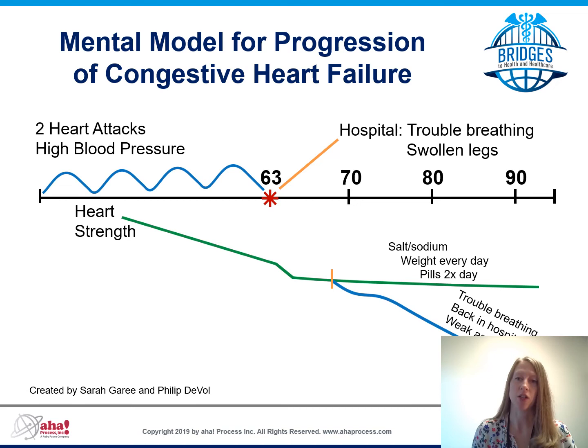You could tell the patient simply that heart failure is causing edema and that her heart function and ability to breathe will diminish in the future if she doesn't follow the treatment plan, and she could die sooner. Or you could sketch this and say something like, look how important it is to watch how much salt you eat and drink, keep to your diet, and keep your weight down, and take that pill every day. That's the green line. Things could go well from here if you do those things. Compare that to not doing them, which is the blue line.